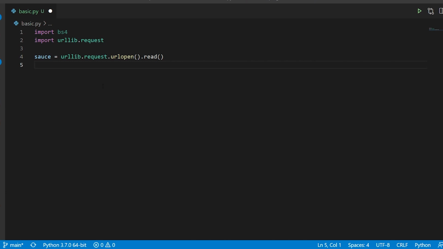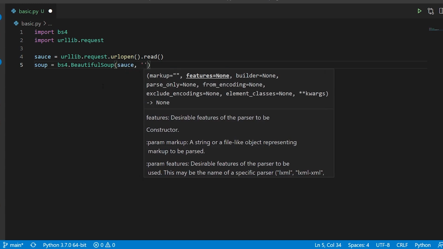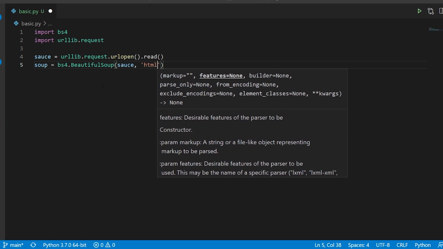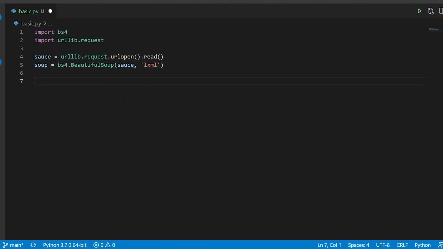Basically, sauce is the basis of your soup. And this Beautiful Soup is something that will help you extract each and every single feature. So it is the entire picture. This is the naming convention that they use when it comes to Beautiful Soup. Now here we are going to say soup is equal to bs4.BeautifulSoup, and in this you feed sauce. And later you have to say features as, so there are some markup options. You can use html.parser or you can use lxml. I am using lxml. So this is ready. Now when we feed the link in the urlopen, we are going to get the data.